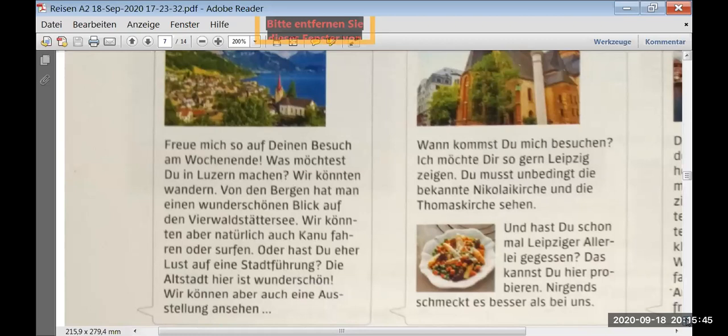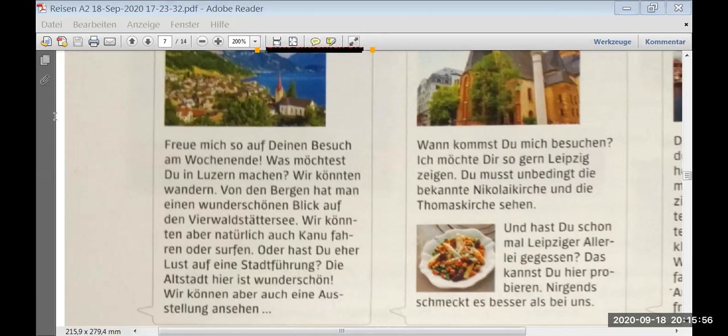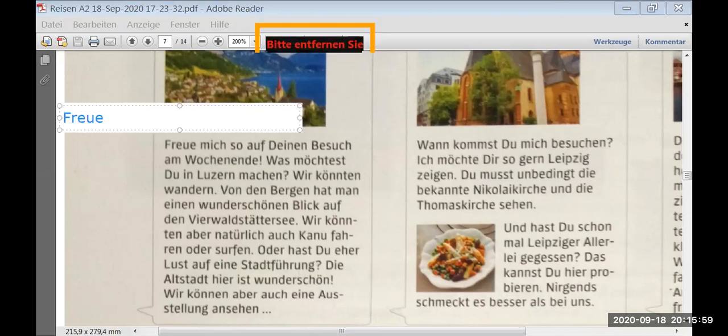Freuen, to be excited about. Like I'm excited about your visit on the weekend. What would you do in Lausanne? What would you like to do? Yeah, what would you like to do in Lausanne? Wir. Like wir, yeah,